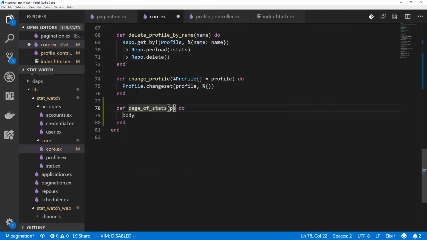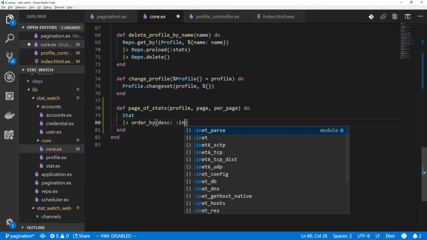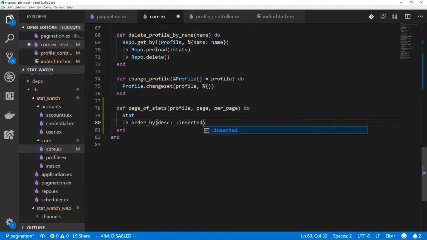Page of stats is going to take a profile, and it will take a page, and it will take per page. It's going to be almost the exact same thing we did for the listing of the profiles. So we'll build out a query for stats, order by. This one is going to be ordered by time, because that's kind of the whole idea of this, is we can see stats of our projects over time. So inserted at, and